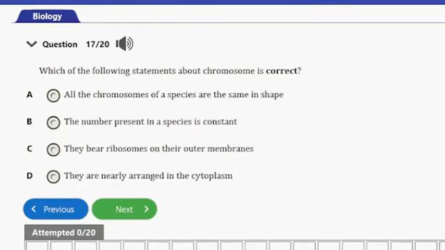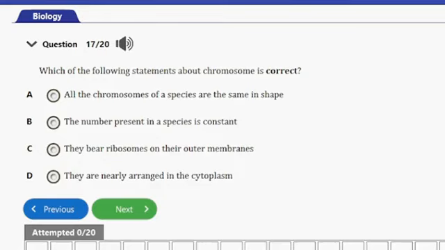Question number 17 here says, which of the following statements about chromosome is correct? A, all the chromosomes of a species are the same in shape. B, the number present in a species is constant. C, they bear ribosomes on their outer membrane. And D, they are nearly arranged in the cytoplasm. So guys, the answer to this question is option B here, and that's the number present in a species is